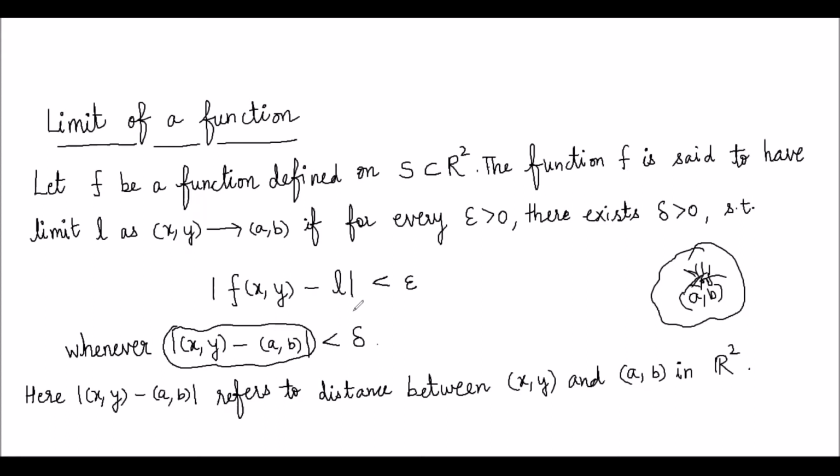So while proving that the limit of a function exists at some given point, we will be using this epsilon delta definition. We will be finding the correspondence between epsilon and delta. This delta will depend on this epsilon. So we will be finding such a neighborhood in which, when we consider any point, the mod of f(x, y) minus L is less than epsilon. Let us consider one problem. One problem we already considered in our previous video, in which we showed that the limit does not exist. But now we are considering a problem in which we will prove that the limit of a function at some specific point exists. So let us start with the question.